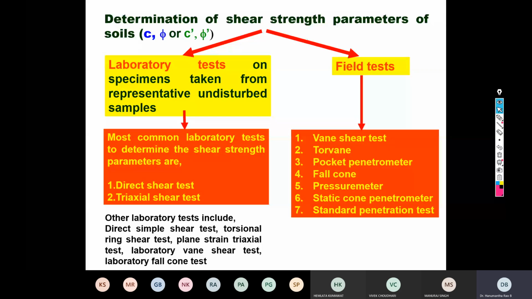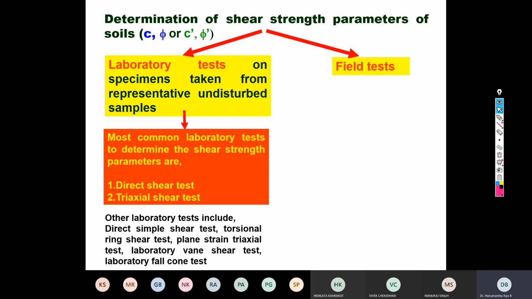Okay, so as promised yesterday, let me start the triaxial shear strength testing of soils and how to determine the shear strength parameters, especially in the laboratory. I won't touch upon any field testing; it's not required as of now. And what kind of parameters are you going to get? When I say shear strength parameters, you have to understand whether I'm talking about total shear strength parameters or effective shear strength parameters. So as mentioned here, C and phi are represented in total stress form or effective stress form.